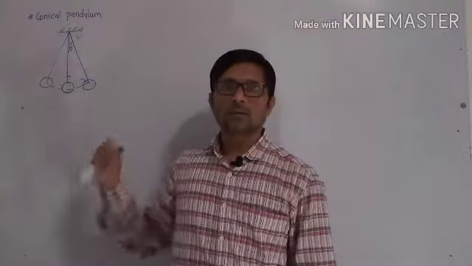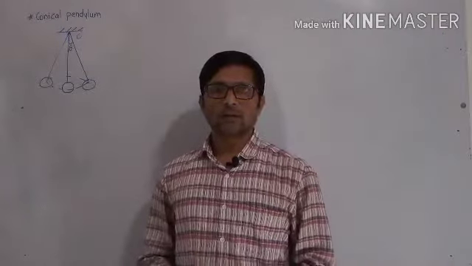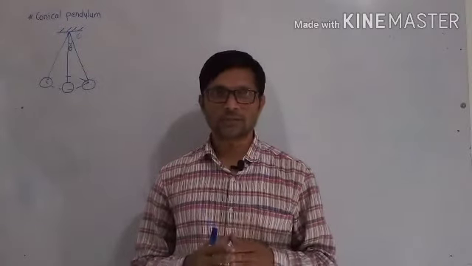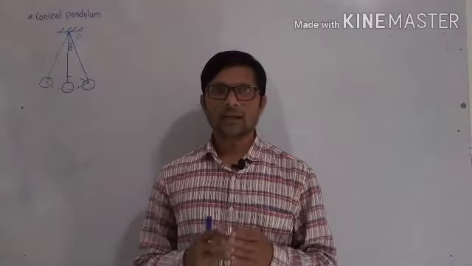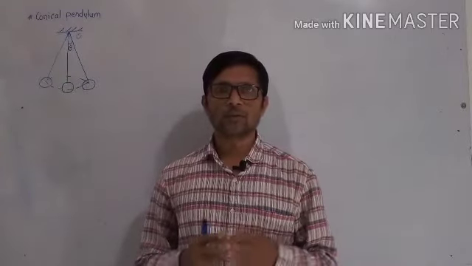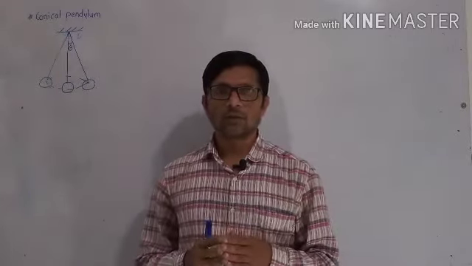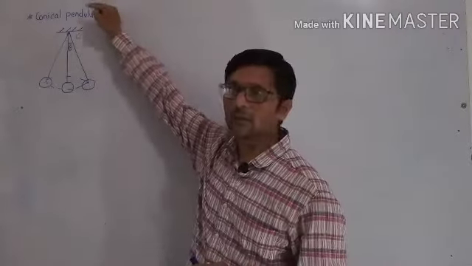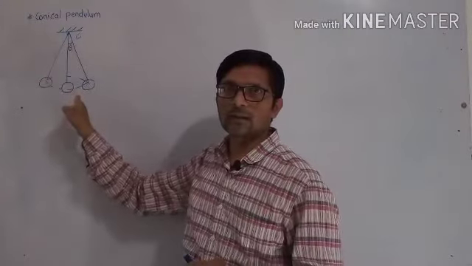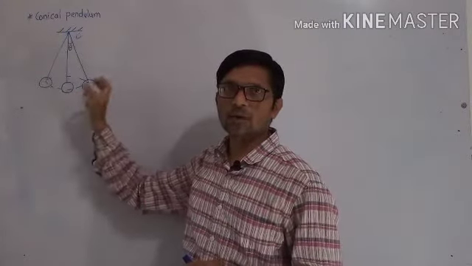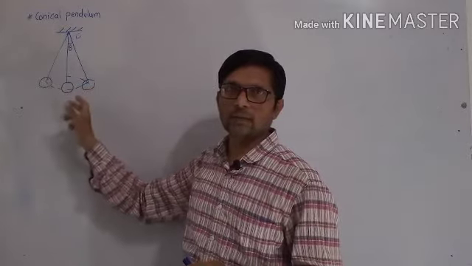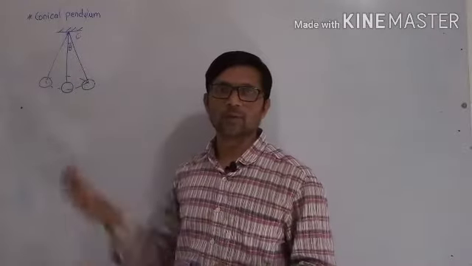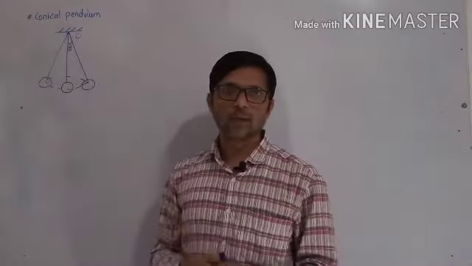So this string and bob make a conical pendulum here. We have to obtain the expression for the tension in the string. Okay. Our target here in case of the conical pendulum is to obtain the expression of the tension in the string. See, this string is there. One end is fixed and to its other, free end the bob is attached. So due to the mass of the bob, definitely there is tension in the string, because the string has to support the weight of the bob here.